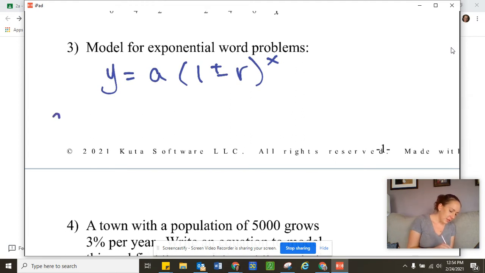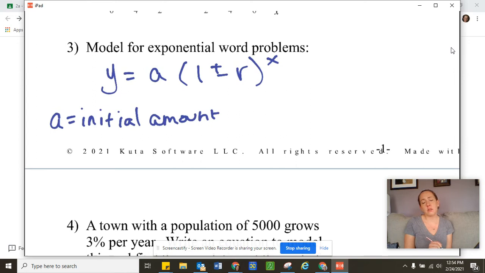Our A is our initial amount, so however much you're starting with. Just like a y-intercept is usually considered a starting point. What are we starting with? Our R